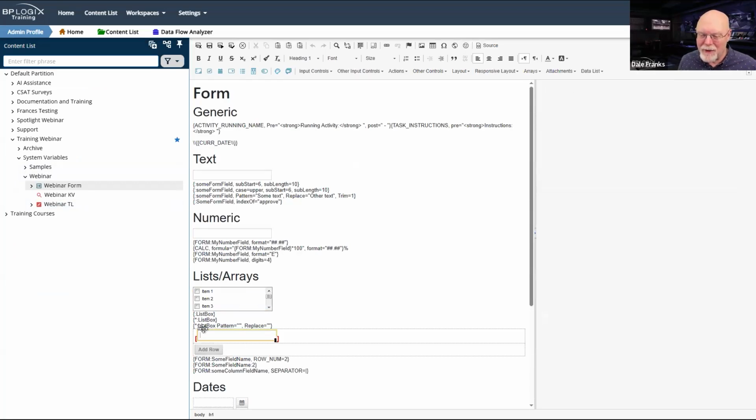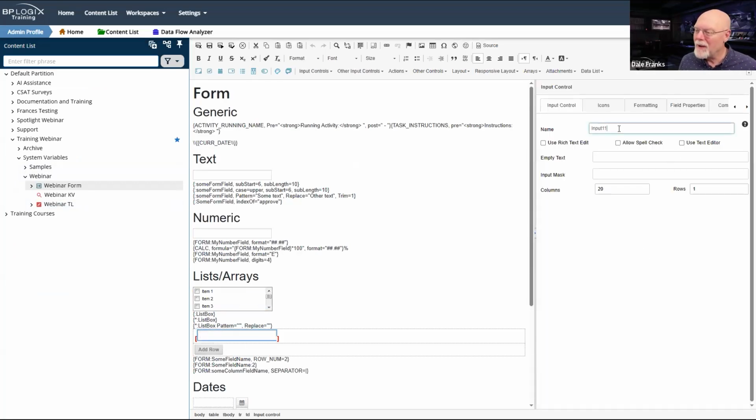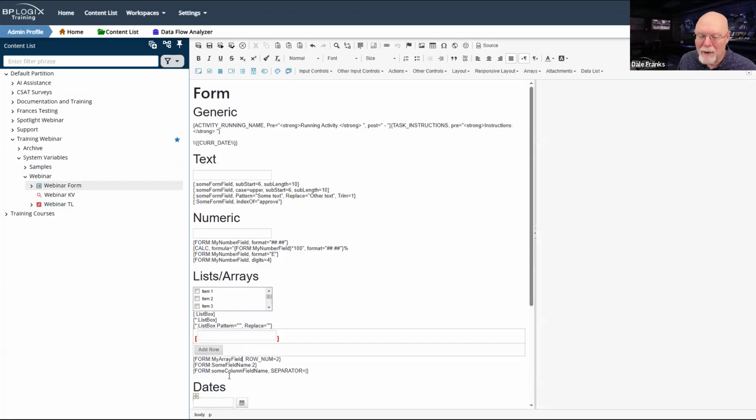What is this field? It's called input. Let's call it my array field. We'll copy that. We'll come down here. It's now my array field, my array field, and my array field. That should work a little better.